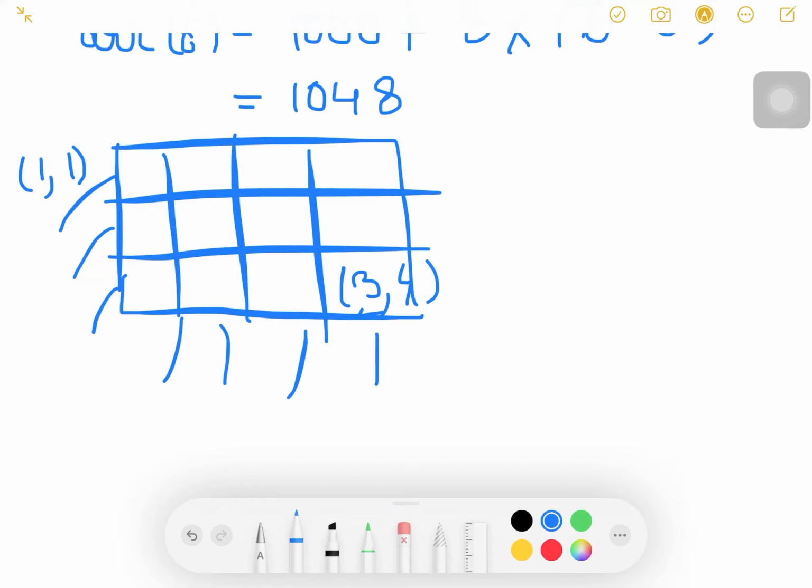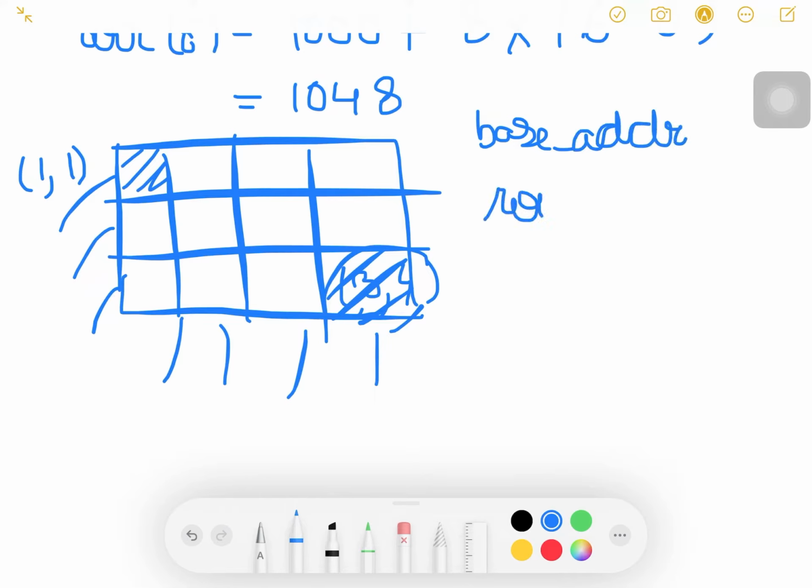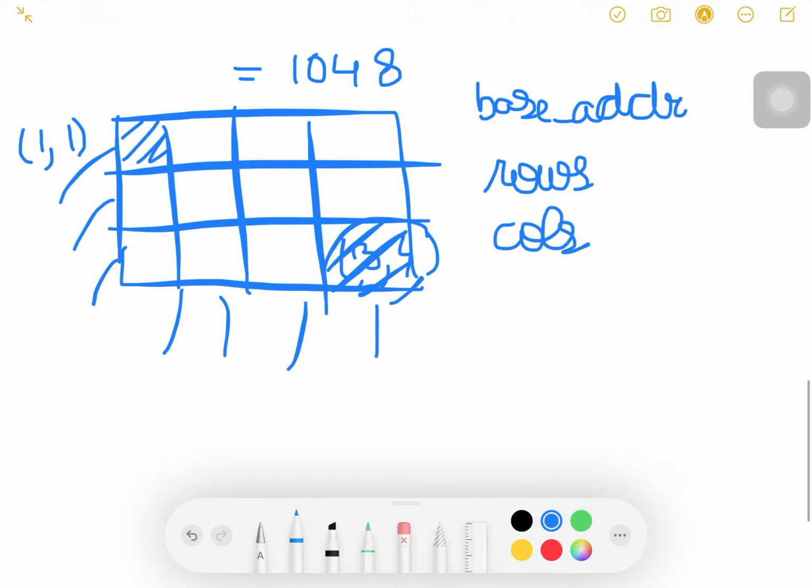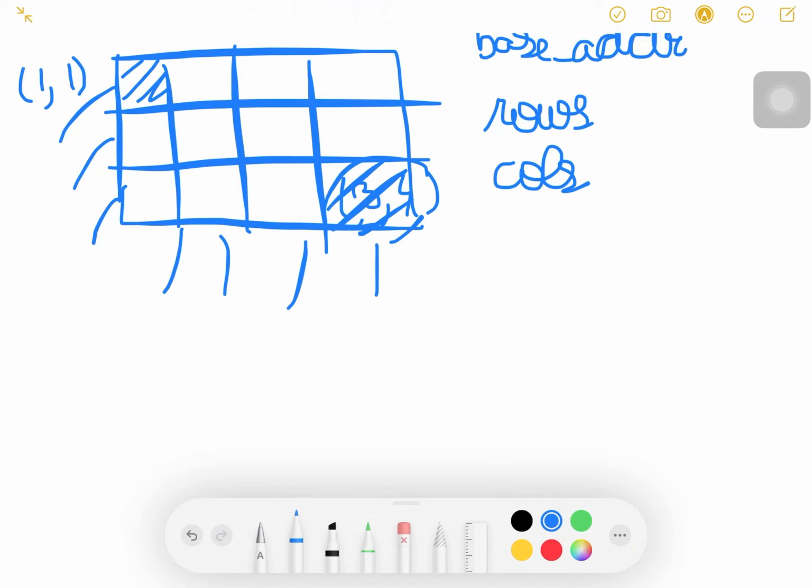So say we wish to find the address of this element, and we know the base address of the array. Say the base address is base ADDR, as in the previous case. Number of rows are rows, number of columns are cols. So how do you think we will be able to find the address of this element?